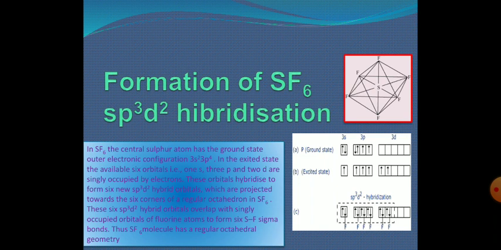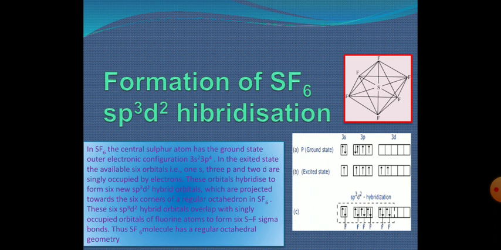Students, in continuation with PCl5, in today's lecture we are going to consider another example, that is the formation of SF6, and the hybridization in this example is sp3d2 hybridization. Here in the SF6 molecule, the central atom is sulfur, and sulfur has atomic number 16, electronic configuration 3s2 3p4, one electron more than phosphorus. In the excited state